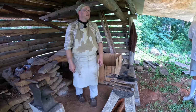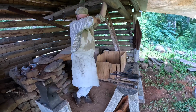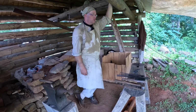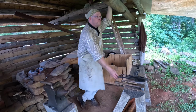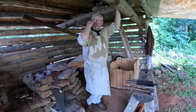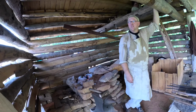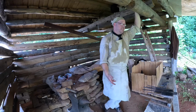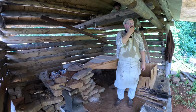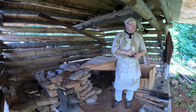I guess it took a lot of time to make enough to build a house. Well, there were specialized nail makers working in England and Europe, and they could make about 1,000 a day. Really? One worker could, yeah. But you could go through 1,000 nails in a house. Yeah, at the fort, we've estimated it took about 7,000 nails to put the roof on. So it would take a nail maker 7 days to make all the nails for that. Were those type of nails used in that roof? They were, in fact, in the